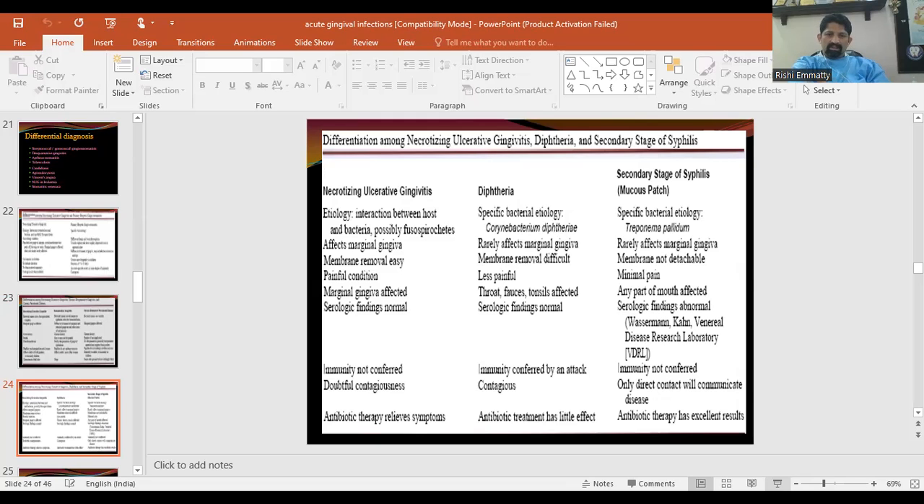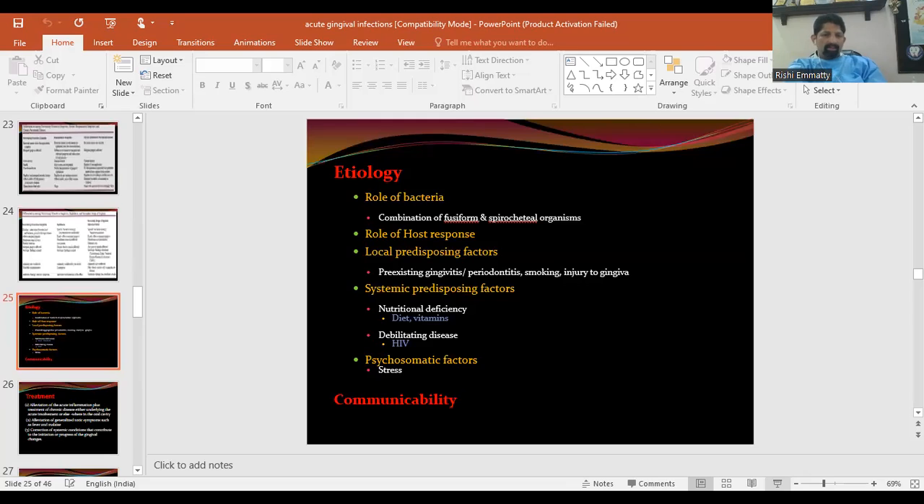In the other two conditions, both are not painful, and the throat and tonsils are affected in diphtheria, while in syphilis any part of the mouth can be affected. Immunity is conferred by the attack, and they are contagious. In diphtheria, antibiotic treatment has only little effect, and in syphilis, antibiotic treatment, mainly doxycycline, has excellent results. Coming back to etiology,